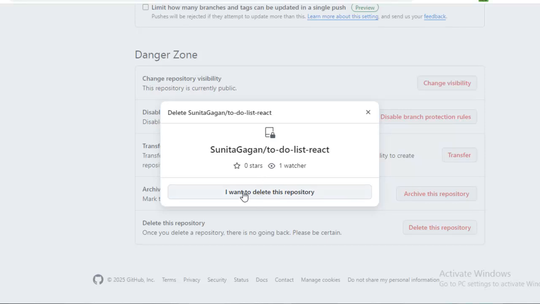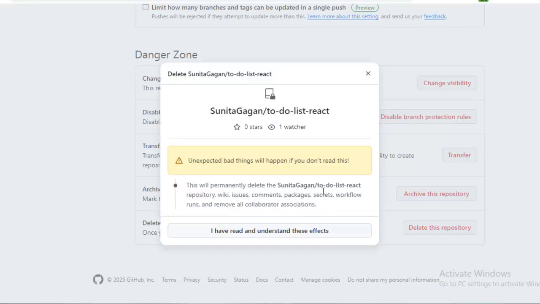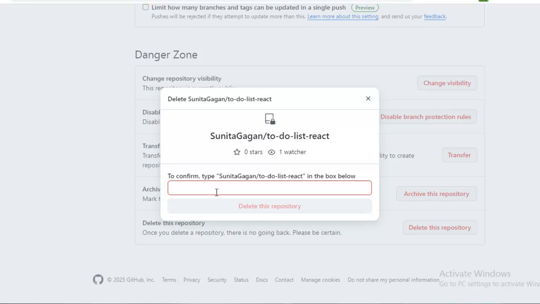again click I want to delete this repository. Select this one. Now after that, read this and click I have read and understand these effects. Click, and now put here which repository you want to delete. So can you see, here it is showing,